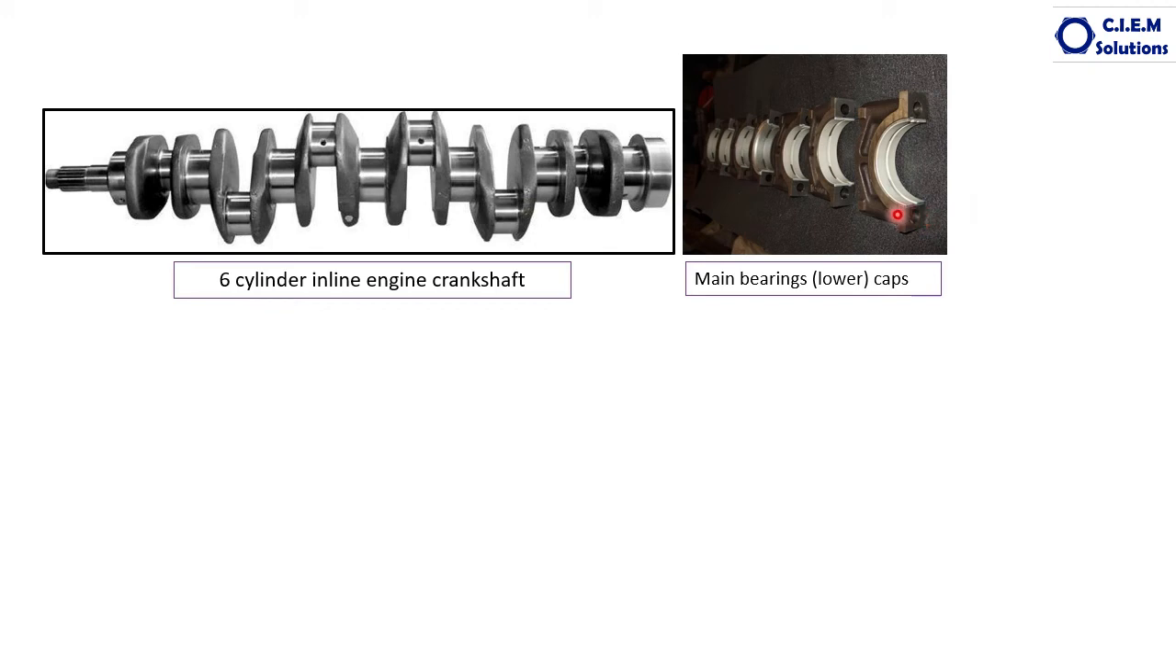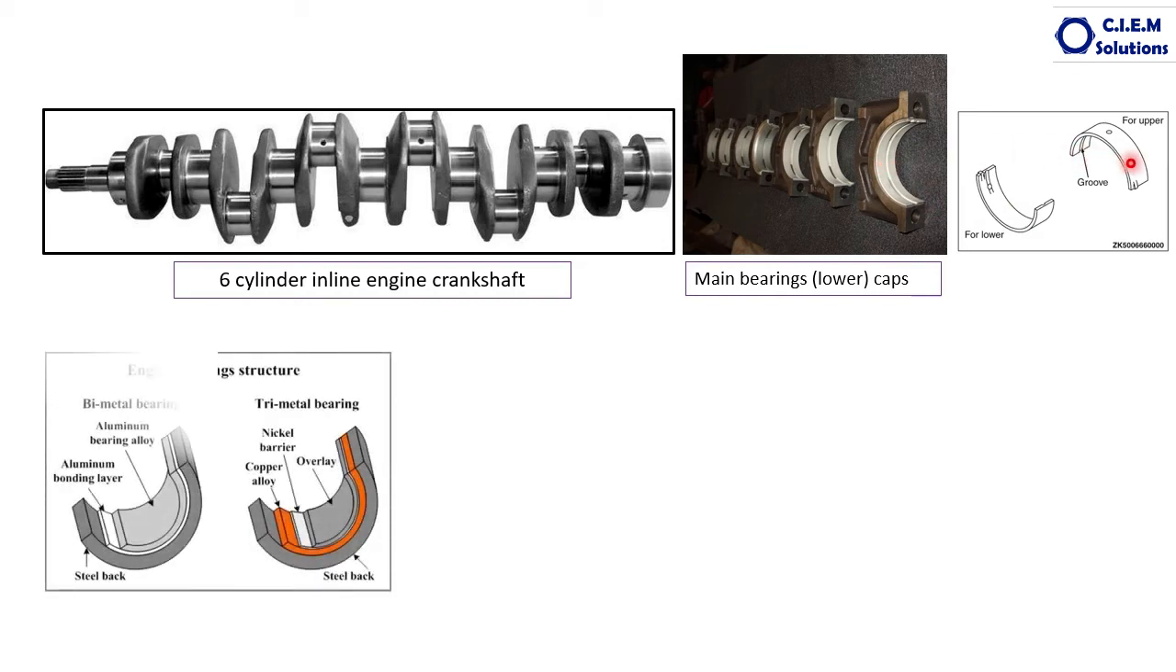These are the caps used to mount the crankshaft to the block. These are the bearings. A half bearing is seated in the cap and a half bearing is seated in the block. This is lower, this is up. This is the bearing placed in the cap. This is the bearing which will be placed in the block. What is the job of these bearings? Any bearing, simple,